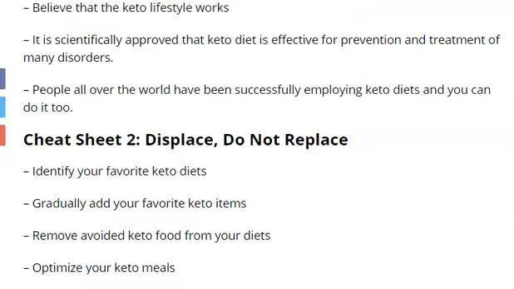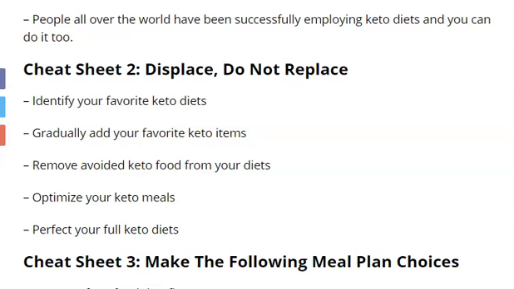After this, you need to go to the details. What are you going to do? So we come to cheat sheet number 2. Here you need to identify the fatty food you like. This is most important.